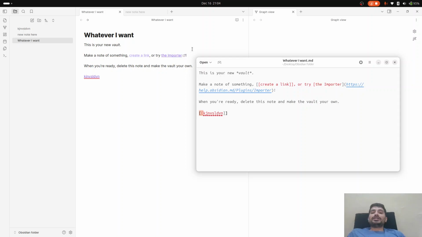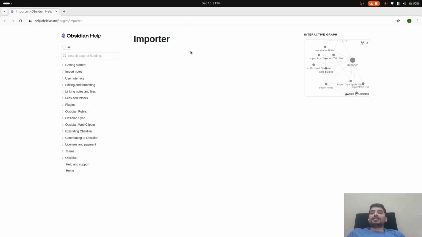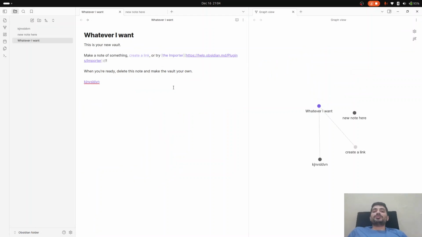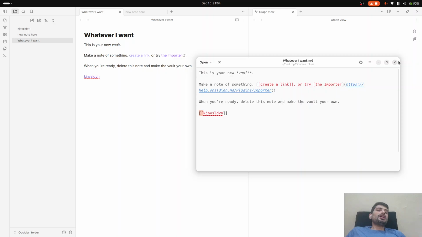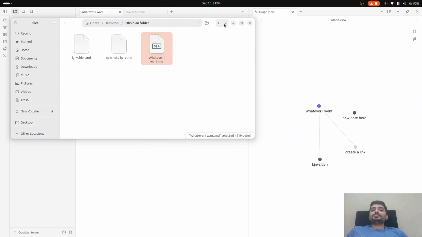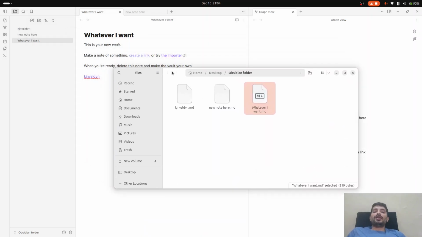And this one is actually an external link, which means that clicking this will take me to a web browser and some website. So let's try that, and that is what is happening. And I can close it because that is not something which we'll be looking at. So what this allows us to do is to understand how Obsidian actually functions, right? So you can just think of Obsidian as a cool new way of navigating your files, and the files are